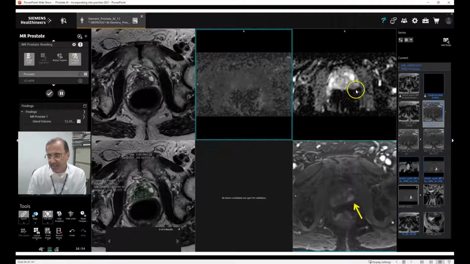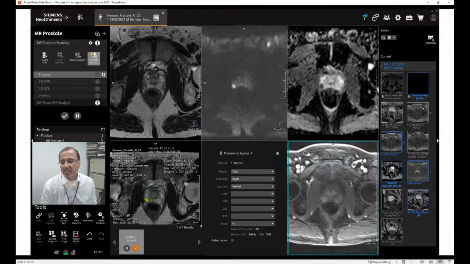image, a little decrease in the ADC value, but in this particular instance you can see the contrast enhancement clearly points to a lesion there, and that is the main role of DCE, particularly in situations where you have a lot of rectal gas. Here's another patient who has a lot of rectal gas, as you can see, causing quite